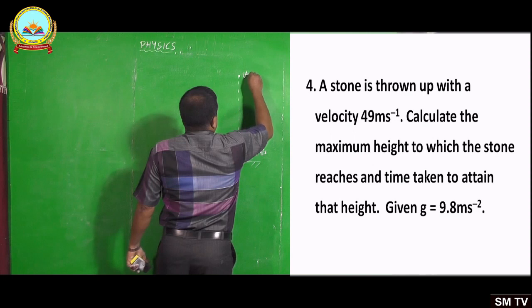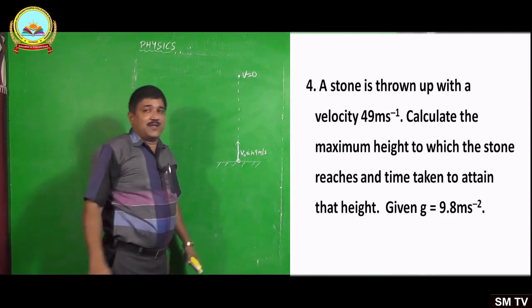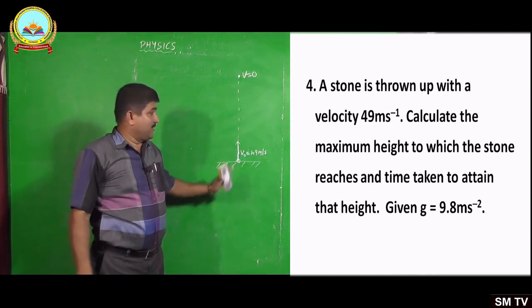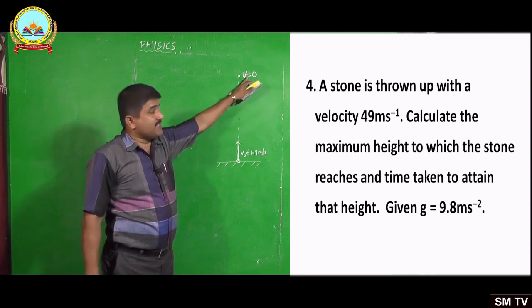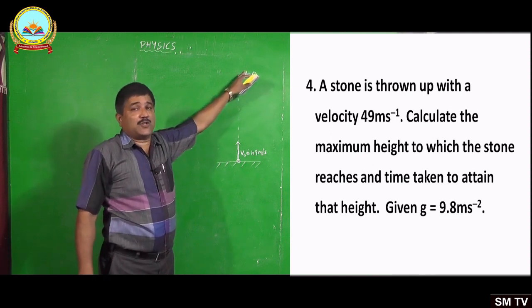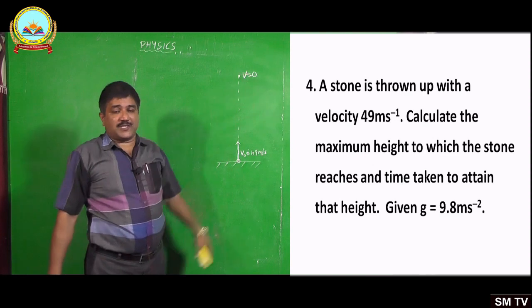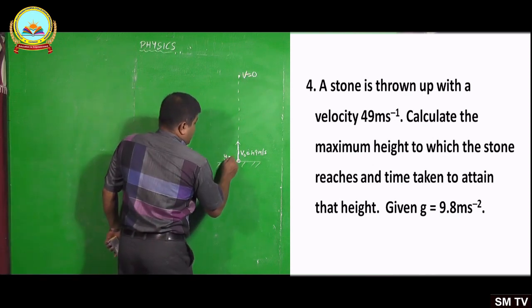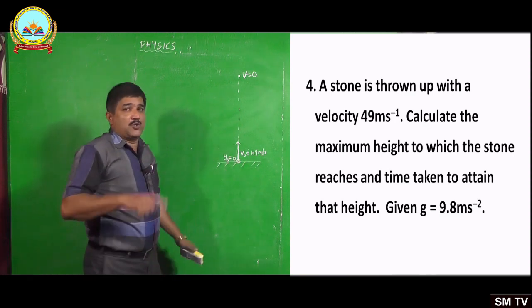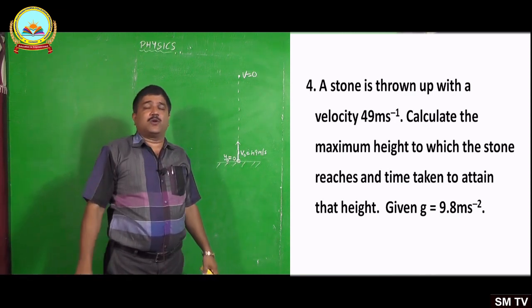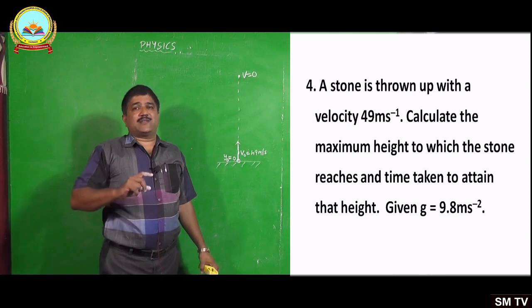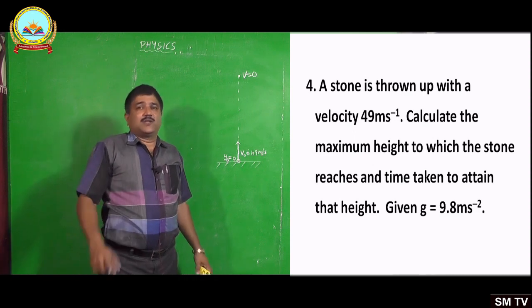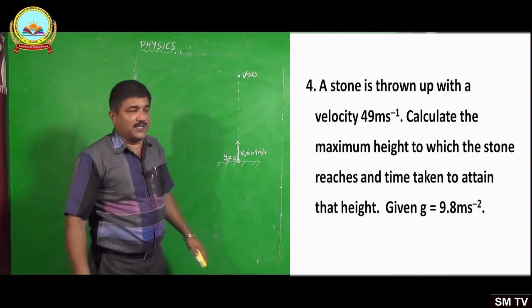So at the highest point its velocity, we can call it the final velocity during upward motion, is 0 at this point, and we have to get the height to which it rises and the time taken also. So initial position I will take y naught equal to 0 here. For vertical motion we use the equation in terms of y and y naught, whereas in horizontal motion we used the equation with x and x naught in the derivation also.